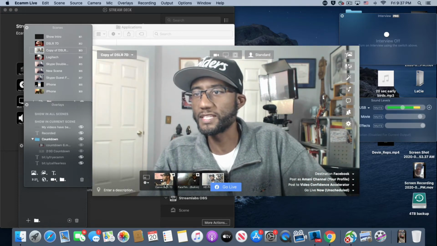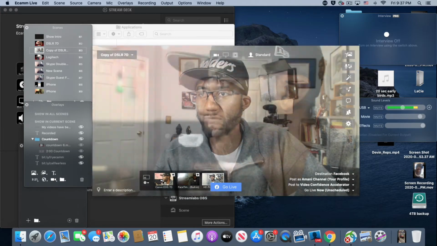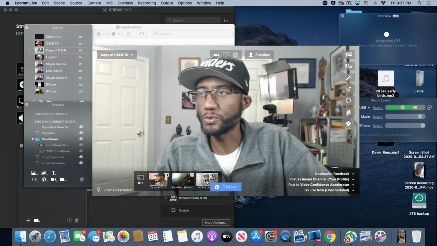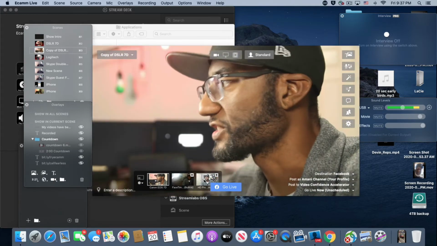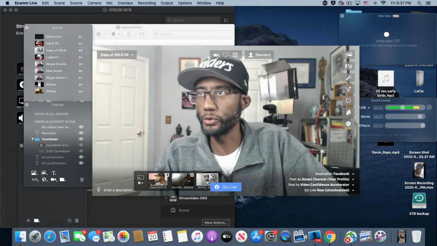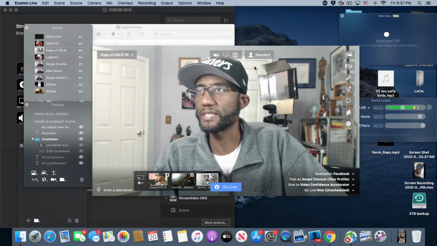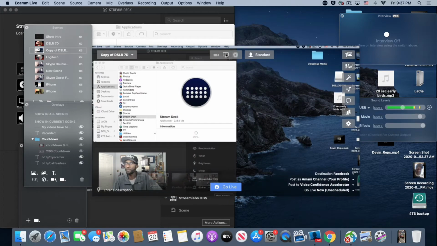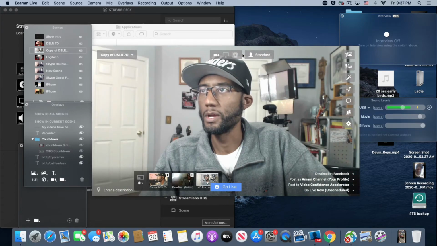All right, so that's really simple to get started with Ecamm. Just have your cameras set up there. You can switch between your cameras, and that's just a basic overview of what it can do to get started with. I just want to show you real basic. Now you can also share your desktop by clicking on there. All right, you can go back to your camera by clicking on there, and then you can also